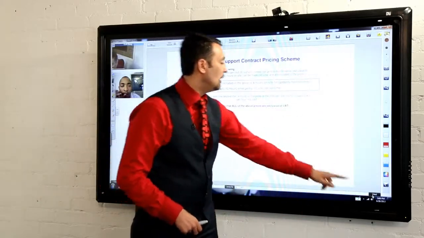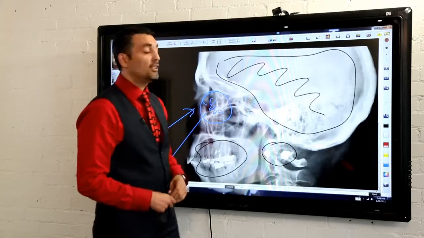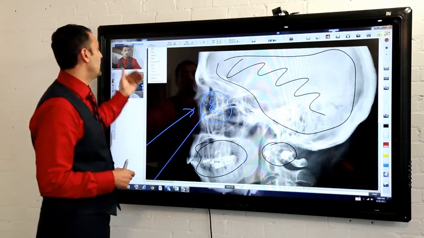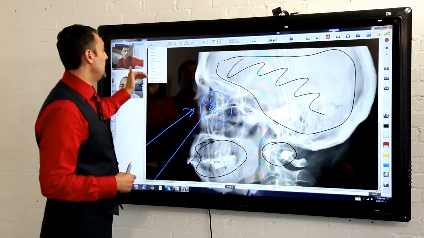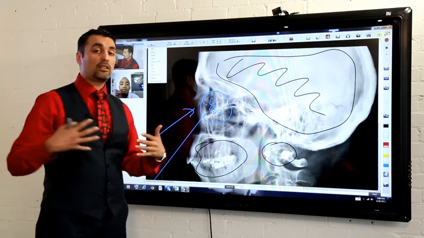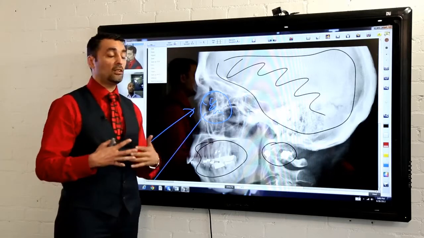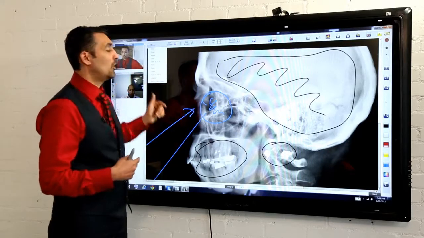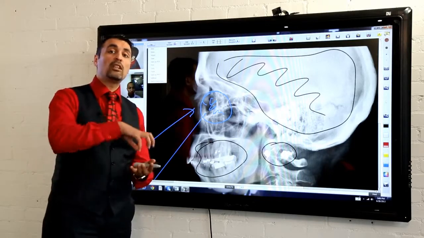Moving on, back to the digital X-ray. Now the beauty about also is that what I can also do is say file, save as PDF or save as PowerPoint. What this will allow me to do is all the multiple different types of documents I've actually brought into the VCC software. It will allow me to save it as a PDF or a PowerPoint, keeping the original